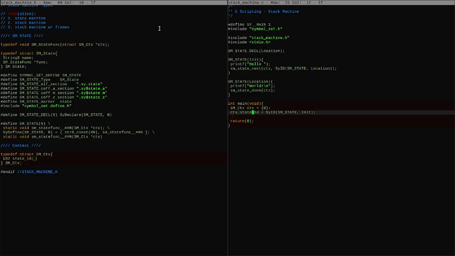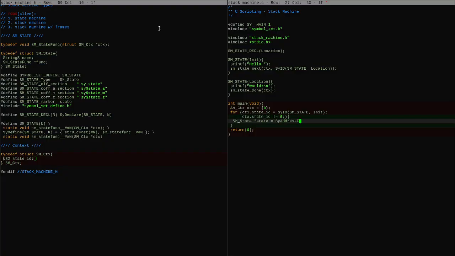So we set the context ID like that. And we'll say as long as the ID is not 0, actually it would be cuter to get this. Then what I want you to do is get me the SM state